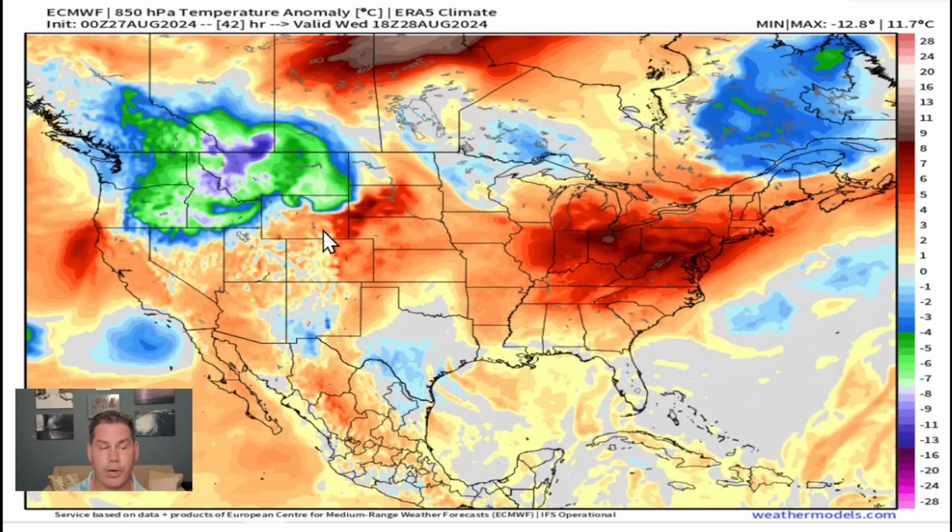and that's only going to be the beginning stages of what's to come with our pattern change that looks to unfold as we head into Labor Day weekend for your holiday Labor Day, and then even going beyond that, extending into next week with a big time cool down, some of the coolest temperatures you've seen for summer, right? As we make that transition out of summer and head into meteorological fall, we're starting to feel the effects of that and seeing that